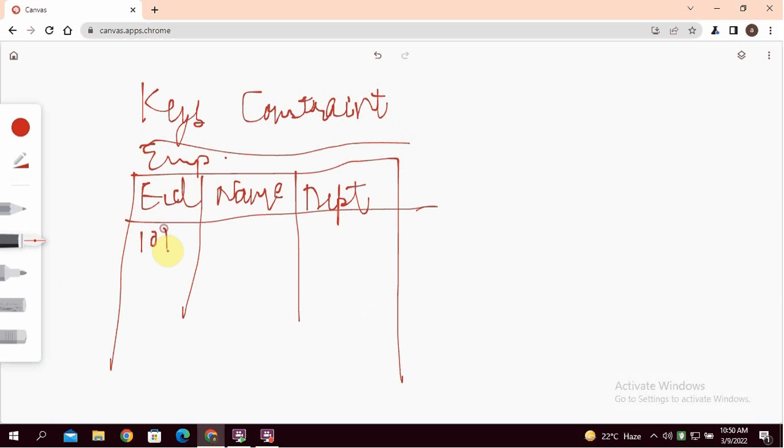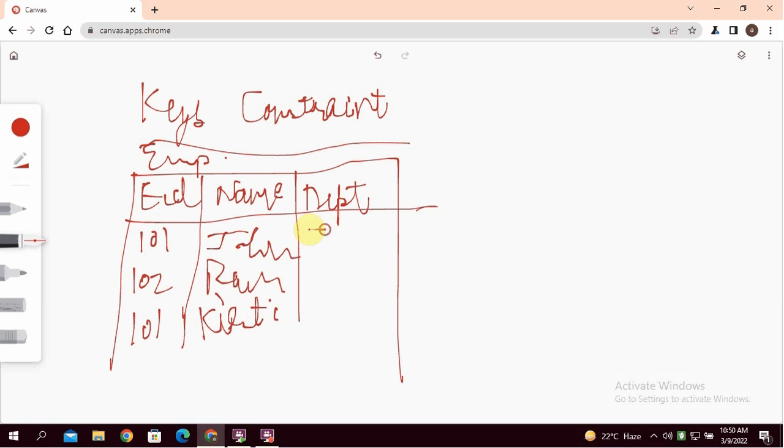EID values 101, 102, 101. Name. Department: sales, HR, finance.